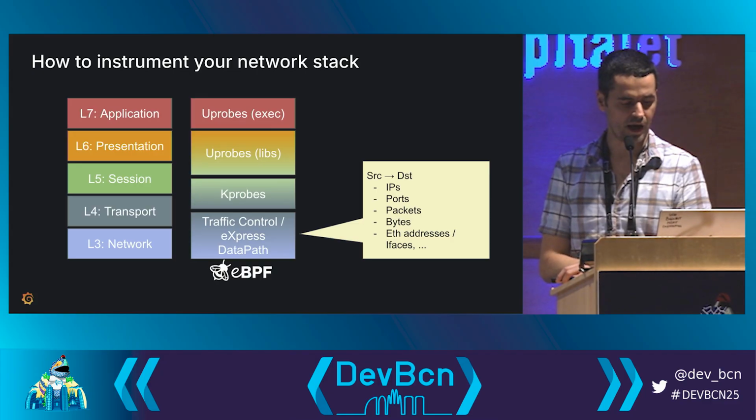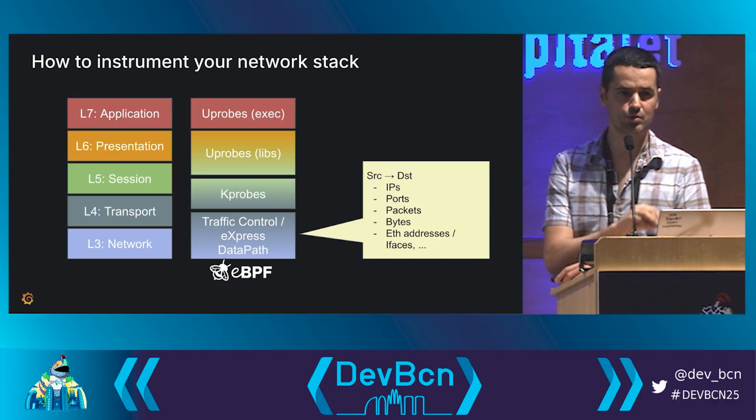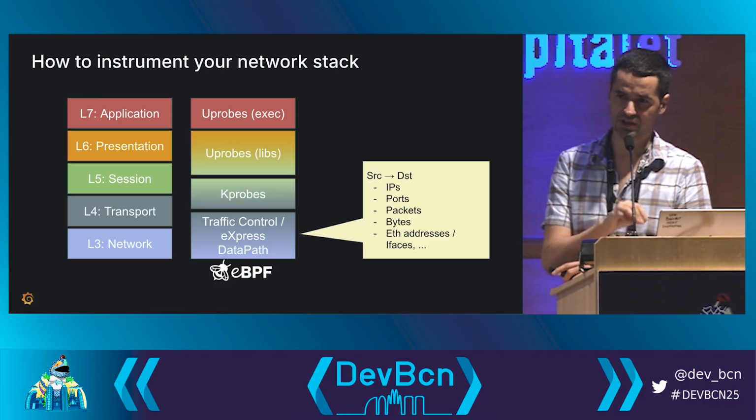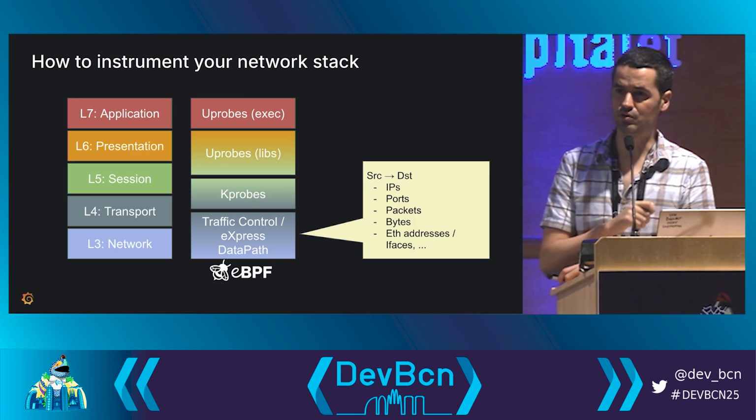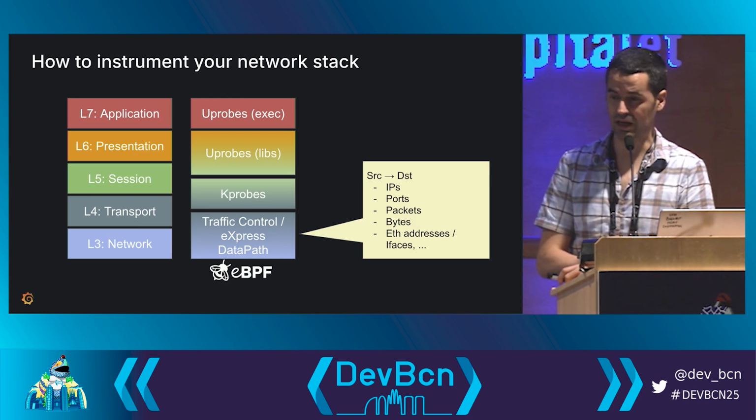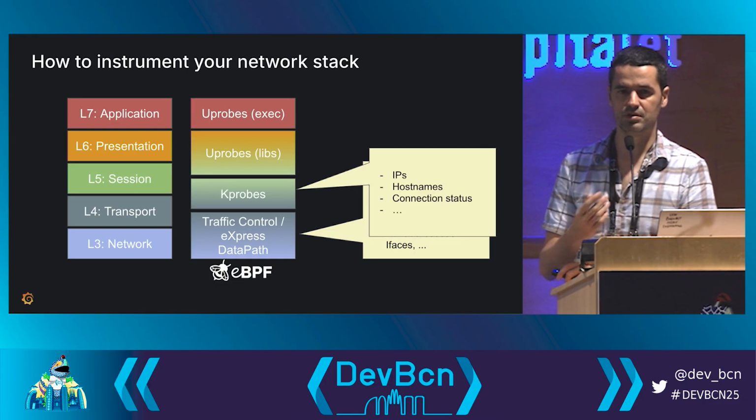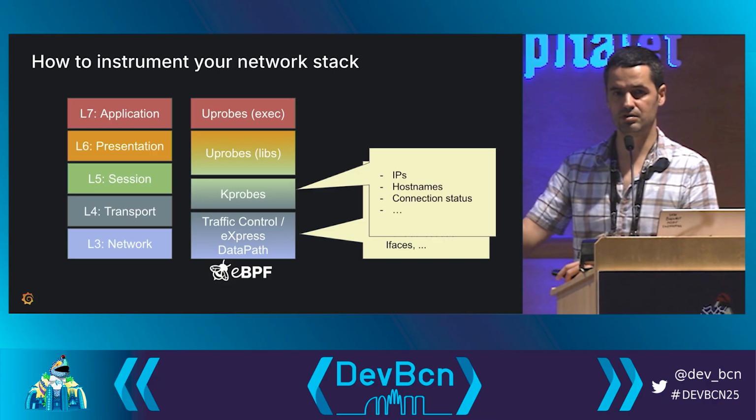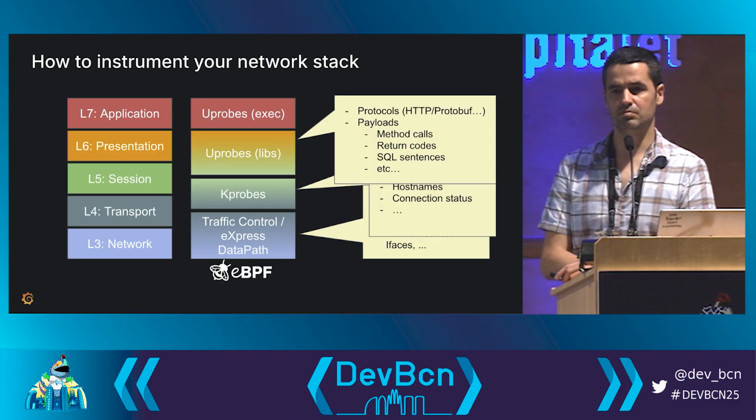The next layer are the kprobes. The kprobes are programs that Linux allows injecting into the kernel itself. So you can listen for some kernel syscalls, like this TCP connection we saw previously. There you can see host names, IPs. You can even get information about the connection status. You can know when a connection starts, when a connection ends. But if you want more